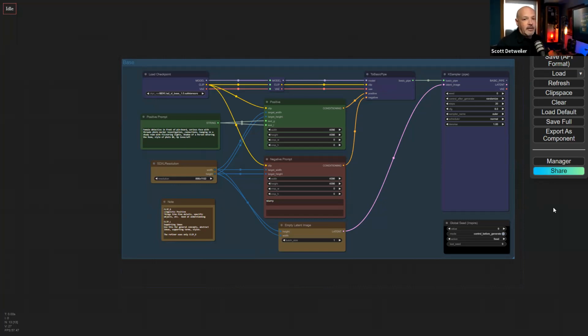Well, I'm imagining that that's not going to be a concern. You should be able to do, again, anything. If someone hasn't created a node for it, you can always create your own node to create the tools that you need. But I know there's a lot of people who do a lot of training and they use this to generate a lot of their training sets. Now, you would use Kohya or some of the other training systems for this. But if you're looking to, say, parameterize the images that you're going to create, absolutely, you can do all that with this.